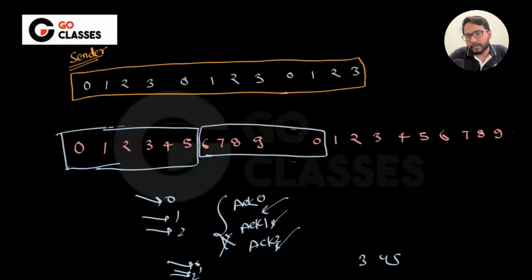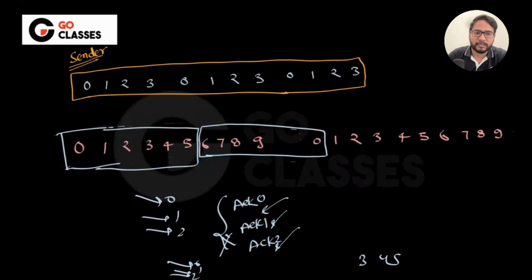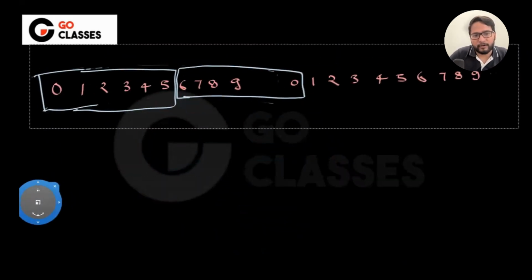So what is the problem here? The problem is that, see, let me just tell you the problem with this. If you are sending this 0, 1, 2, 3, 4, 5 at once,